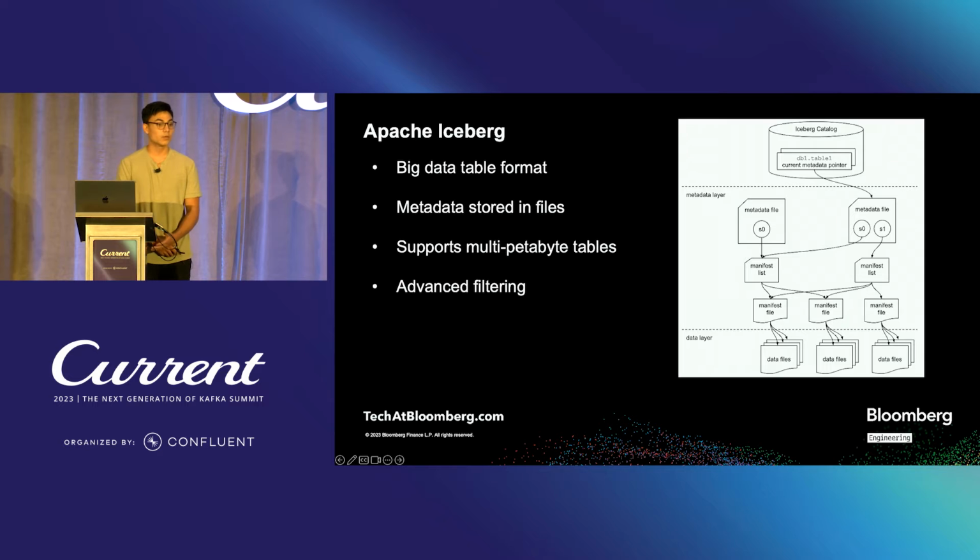For those that aren't familiar with Apache Iceberg, it is a big data table format. It was designed to improve upon some earlier formats. And a unique characteristic of Iceberg is that it stores essentially all metadata in files. Other formats commonly use traditional relational databases as the metadata store, which became a bottleneck for scaling your tables to massive sizes. But when using Iceberg with a cloud object store like S3, you're capable of scaling to very large